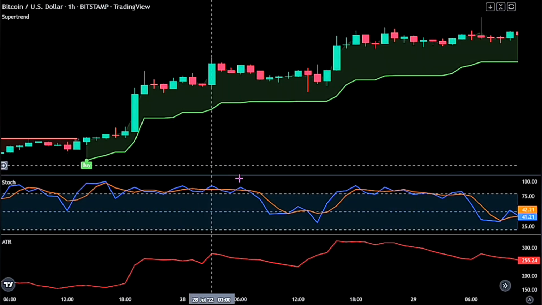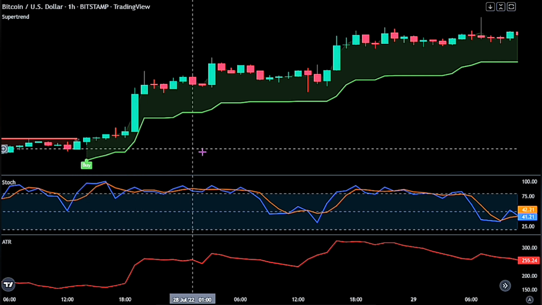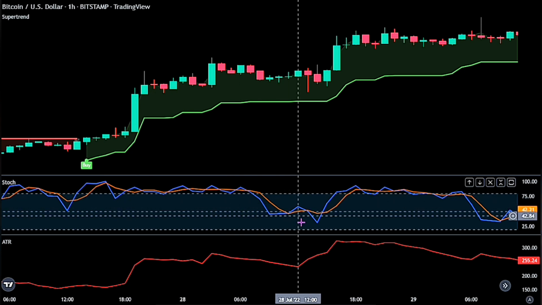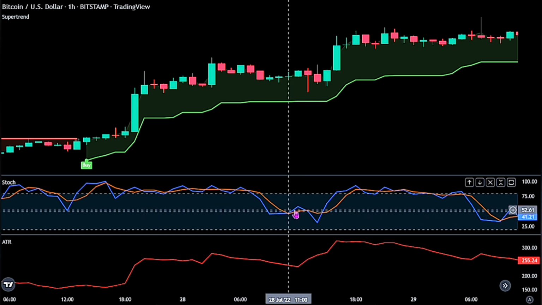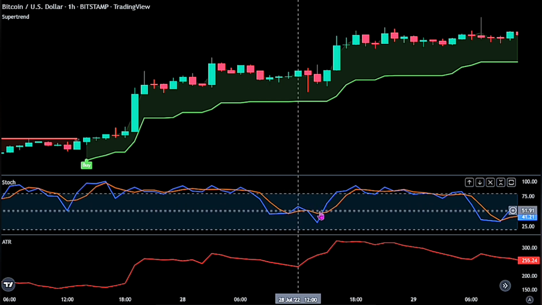For a buy trade to be valid, we need to have a new buy signal from the super trend indicator, and our stochastic has to be in the overbought zone. Now we would want to wait till we see that stochastic cross below the zero line as our second confirmation. At this point, we would wait till the blue moving average on the stochastic crosses above the orange moving average, as well as crossing above the zero line, before we go ahead and place a buy order at the peak